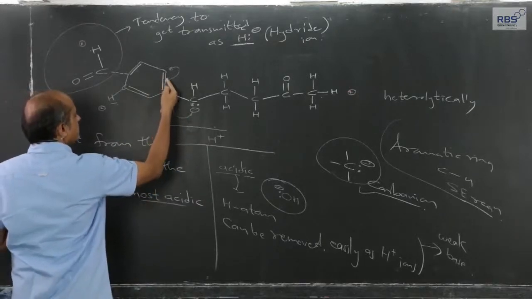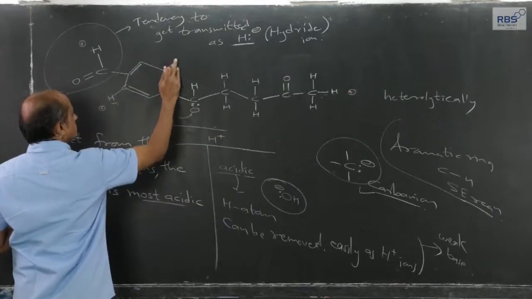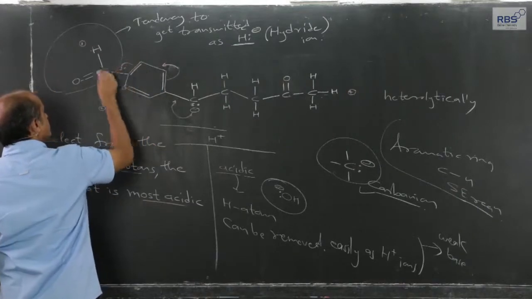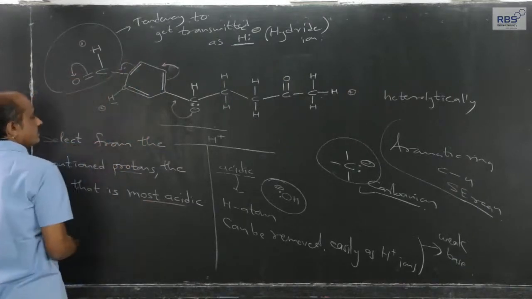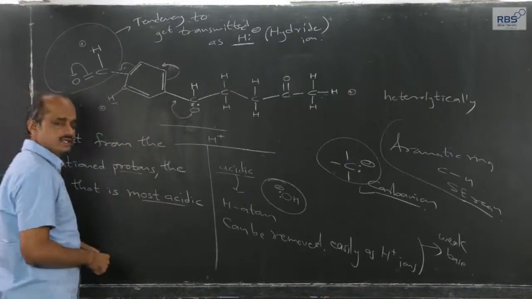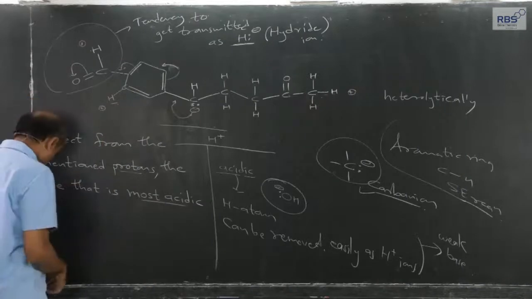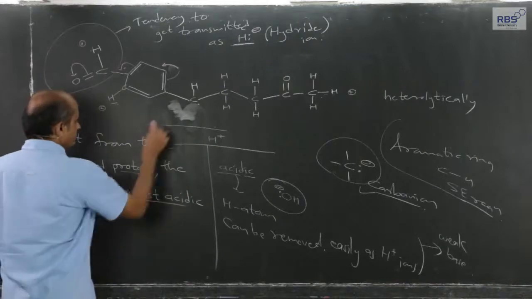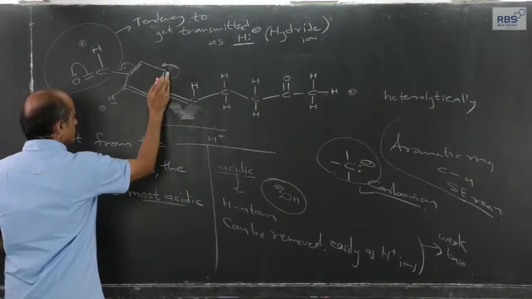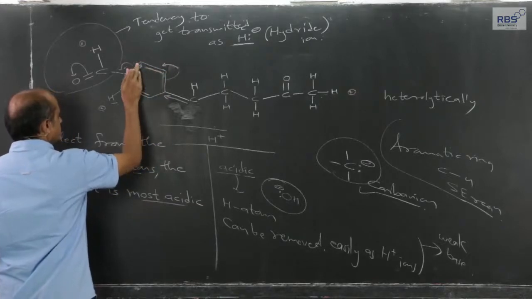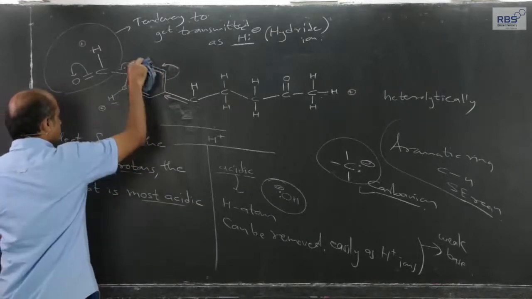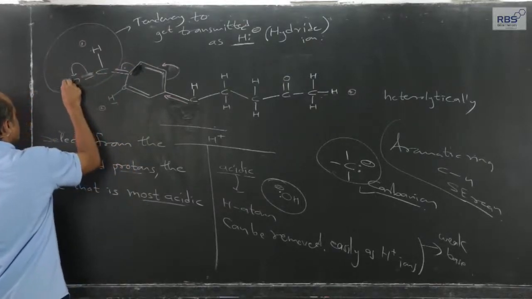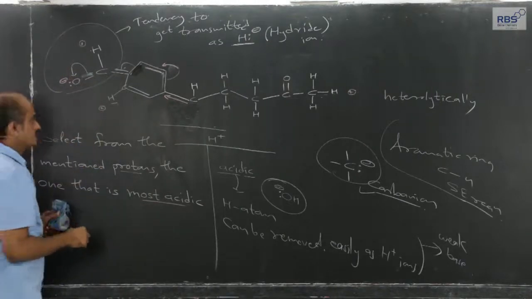So this pi gets shared between these two carbon atoms. Let me write it here. If this gets shared here, this goes here and the pi will go to this oxygen. Ultimately it will result in, I will show here itself, what? This lone pair forms a bond pair, this pi bond comes here, this pi will come here, and ultimately the pi out of this will come here. Two lone pairs are there.